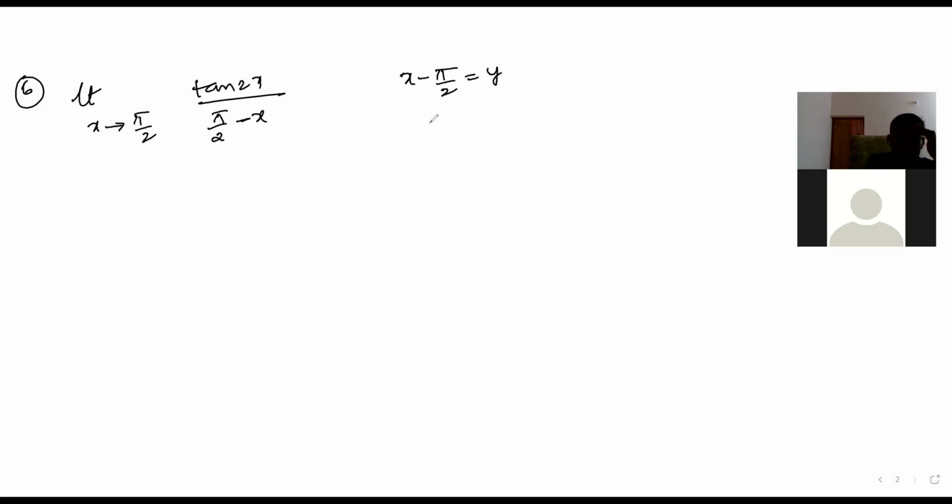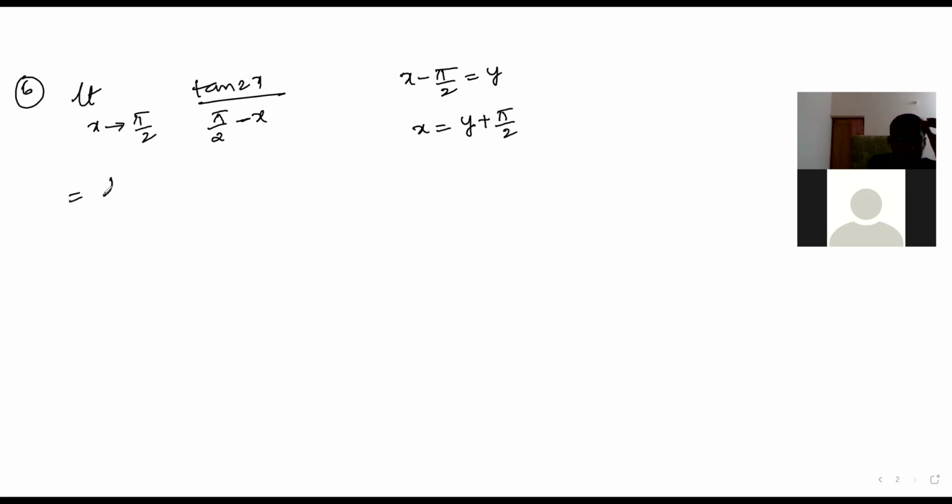Okay, sixth question. This question is in the textbook only, no? Limit of tan 2x as x tends to pi by 2. Yes, sir. So I took x minus pi by 2 as y. Yes, exactly. You can take this also. But I still am not sure if what I did is right. Yes, x minus pi by 2 you have taken as y, right? Yes, sir. Okay, good. So that way y tends to 0 and we get tan 2 times y plus pi by 2.